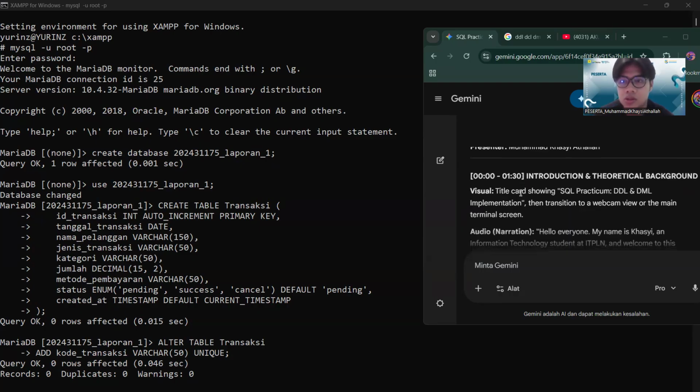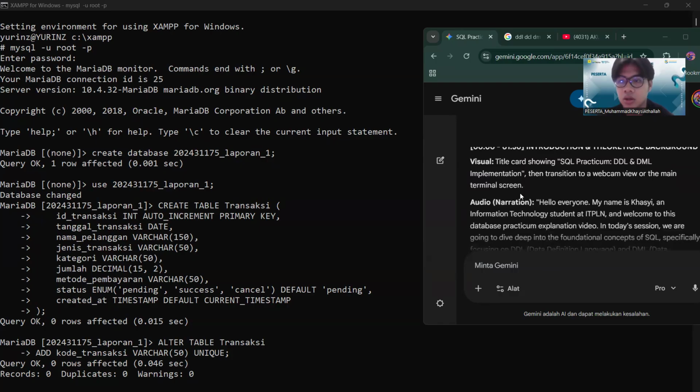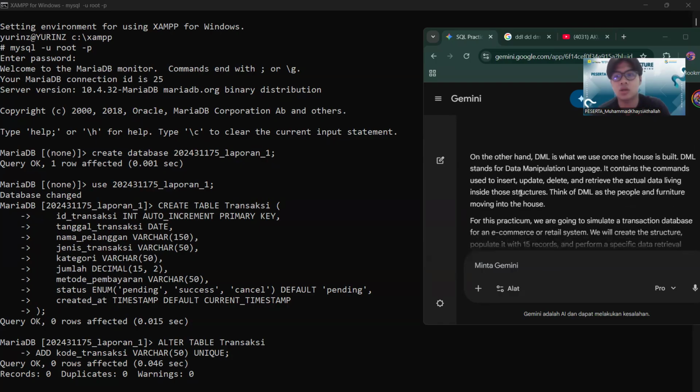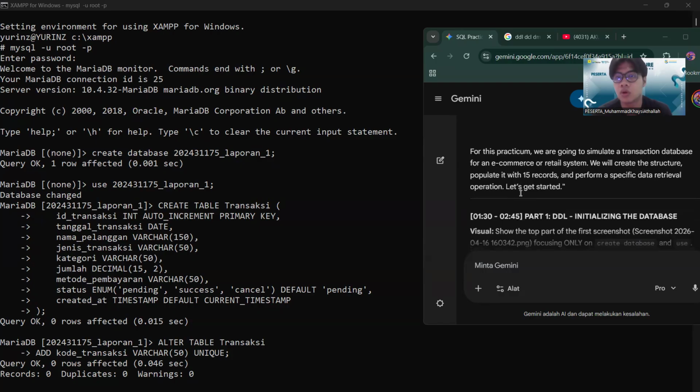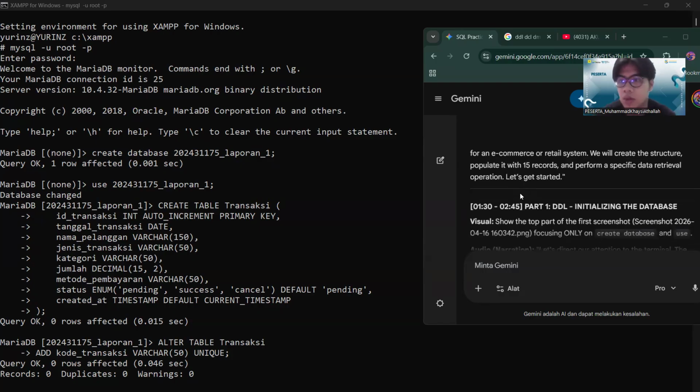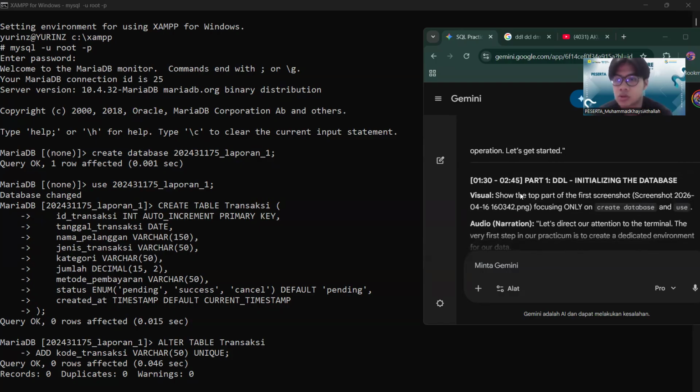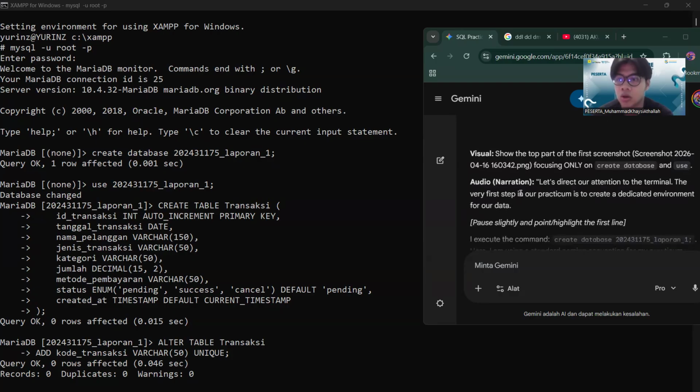As we can see here, you can see the code here. I use a shell to initialize my query. So let's direct attention to the terminal.